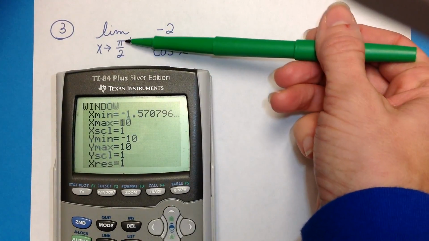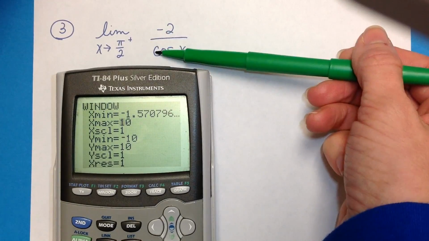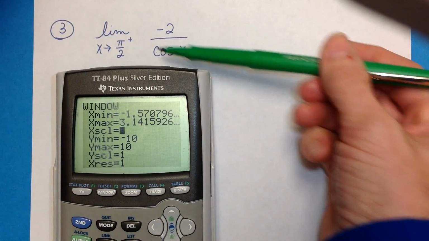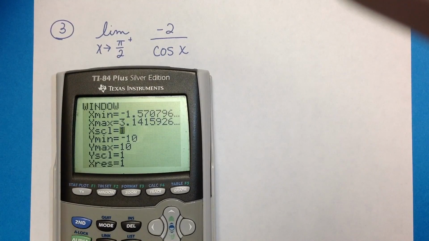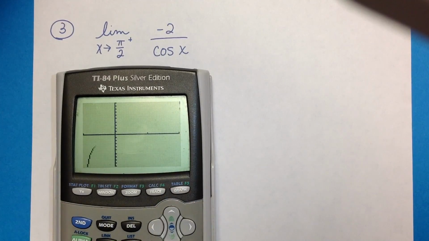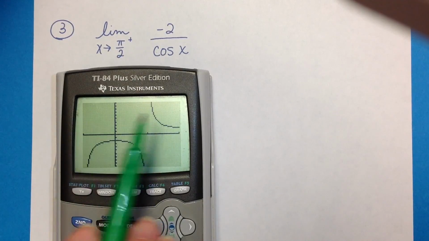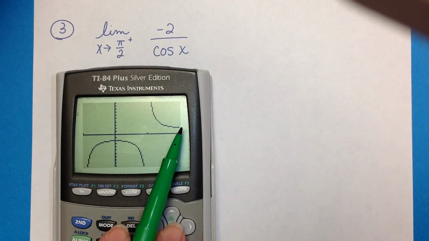But since I'm only looking at it out to pi over 2, I'm just going to go a little bit past pi over 2. I'll just go to pi. But I'm going to put my x scale at pi over 2. And I'm just going to leave my y-axis like it is. Okay, so remember I started at negative pi over 2 and I went to positive pi,